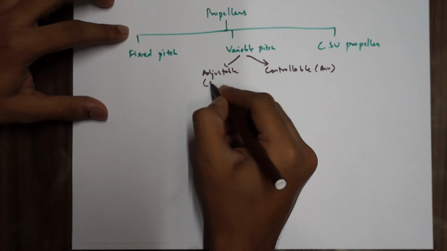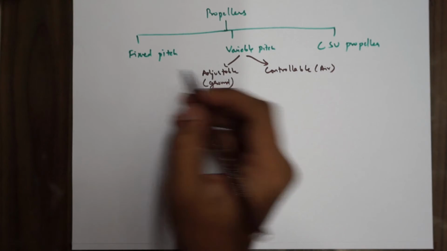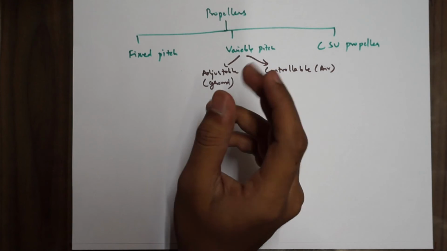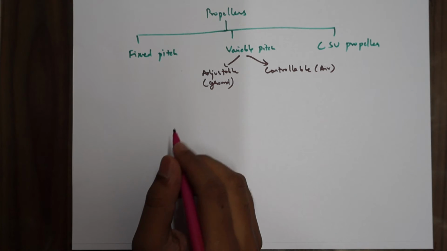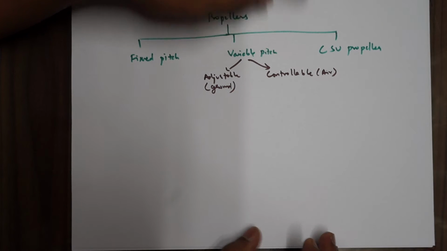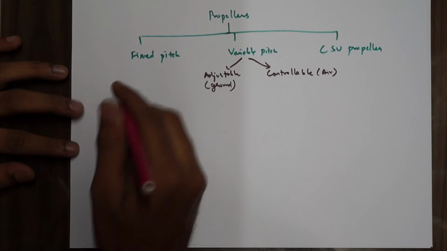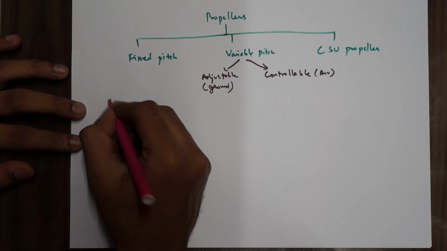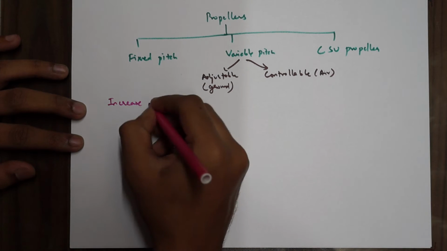Adjustable can be adjusted only on the ground. Okay, so that's what it is. Now when you fly a multi-engine with a variable pitch propeller, how do you increase power? So these are few steps. Just when you increase power,